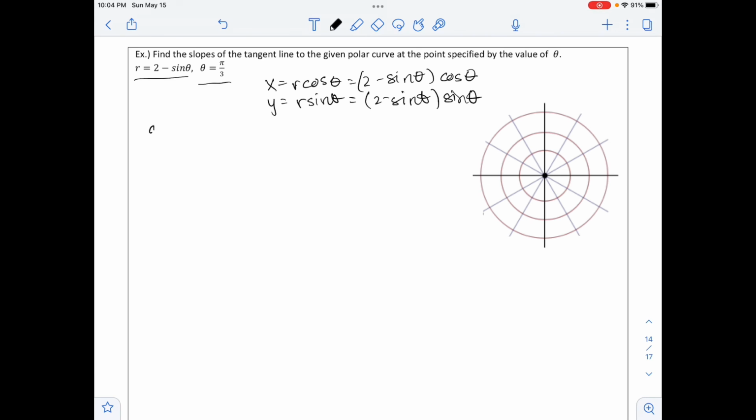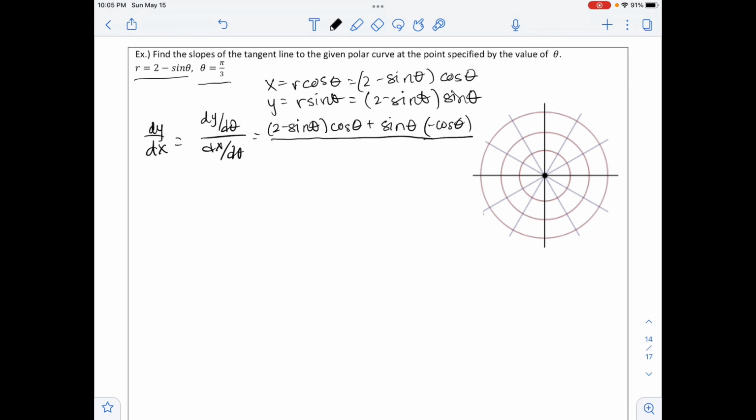And so dy/dx is equal to dy/d theta over dx/d theta. Taking the derivative of y with respect to theta, we use the product rule. We have the first term, 2 minus sine of theta, times the derivative of sine of theta, which is cosine of theta, plus the second term, sine of theta, times the derivative of 2 minus sine theta, which is going to be negative cosine theta,